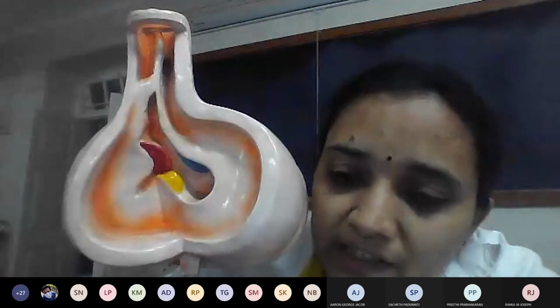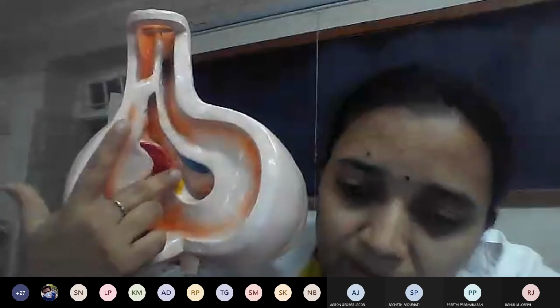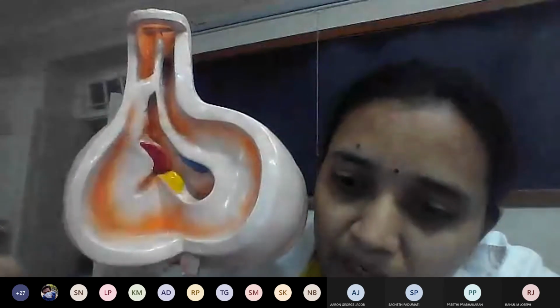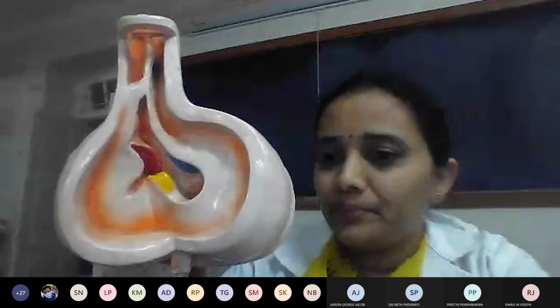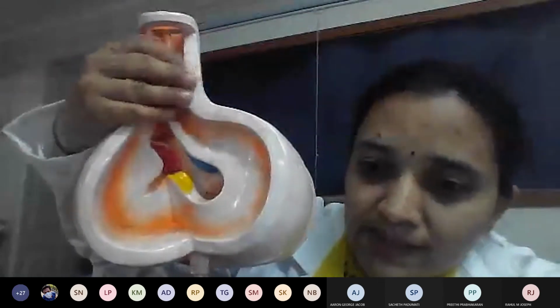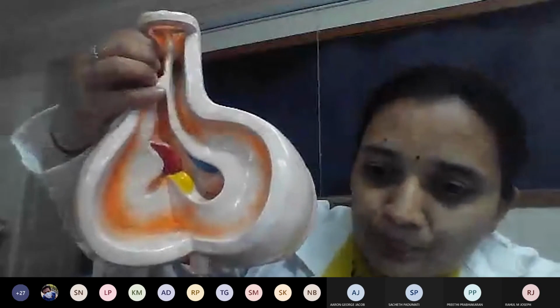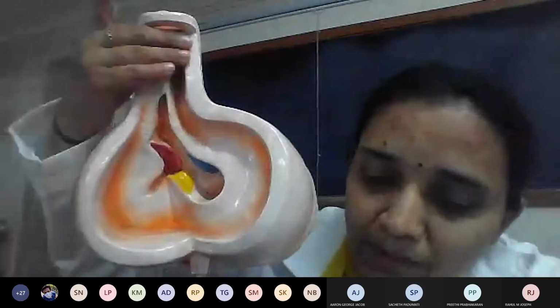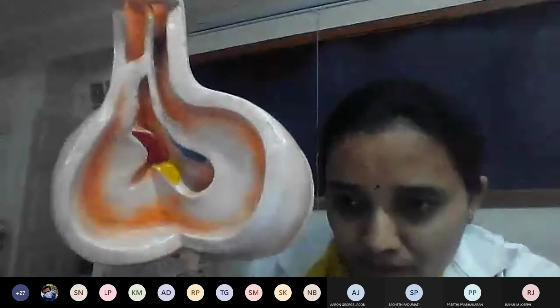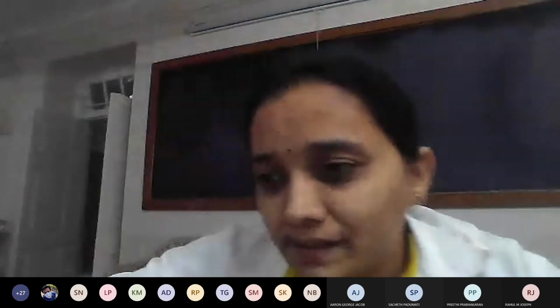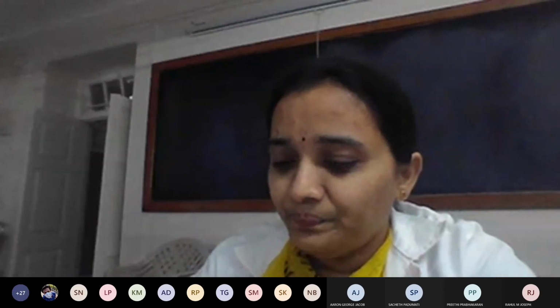The interventricular septal defects are formed because of the failure of development of the membranous part. This is a model of development of the interventricular septum. And you can see the bulbar ridges also, the spiral arrangement of the bulbar septum. Once you come here, you can see the models. All the embryology models are kept in the museum, so you can visit the museum anytime and see.